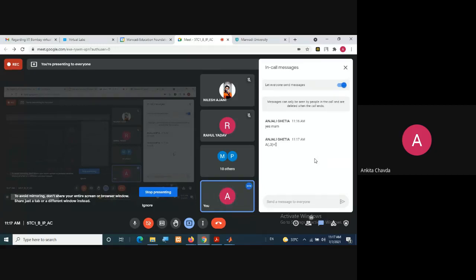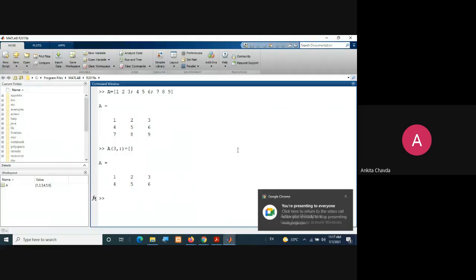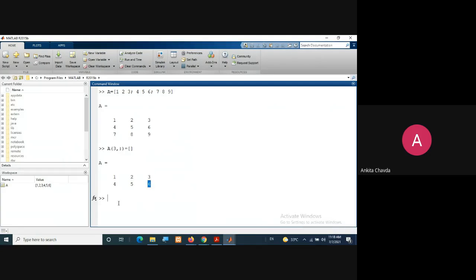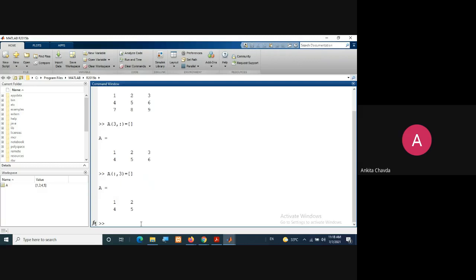Okay, for all the rows, third column, that you are setting to null vector. Yes, correct. So for all the rows, first and second, I want the third, last column to be deleted. So I write all the rows, third column equals to null.